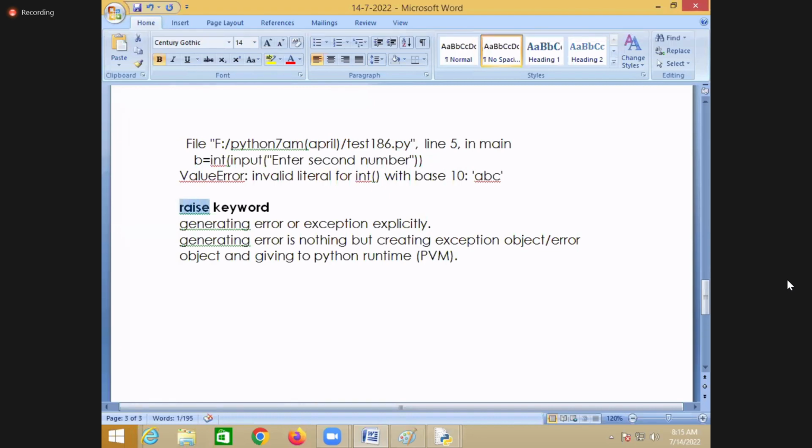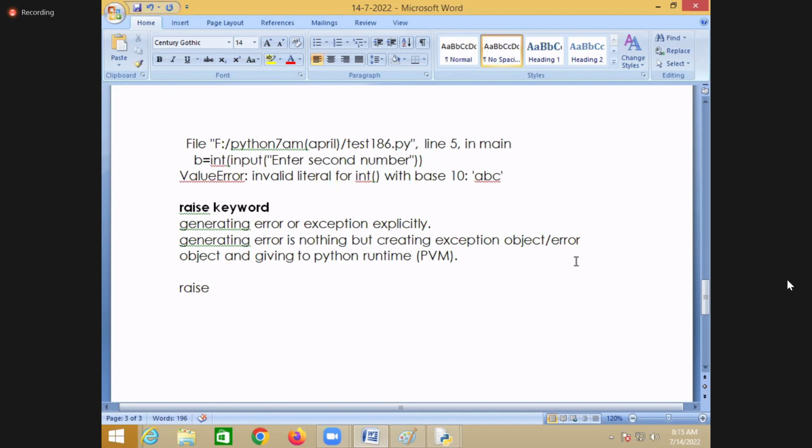By using the raise keyword. So explicitly you can generate the error by using the raise keyword. Your function will raise an error, and predefined functions also raise errors.